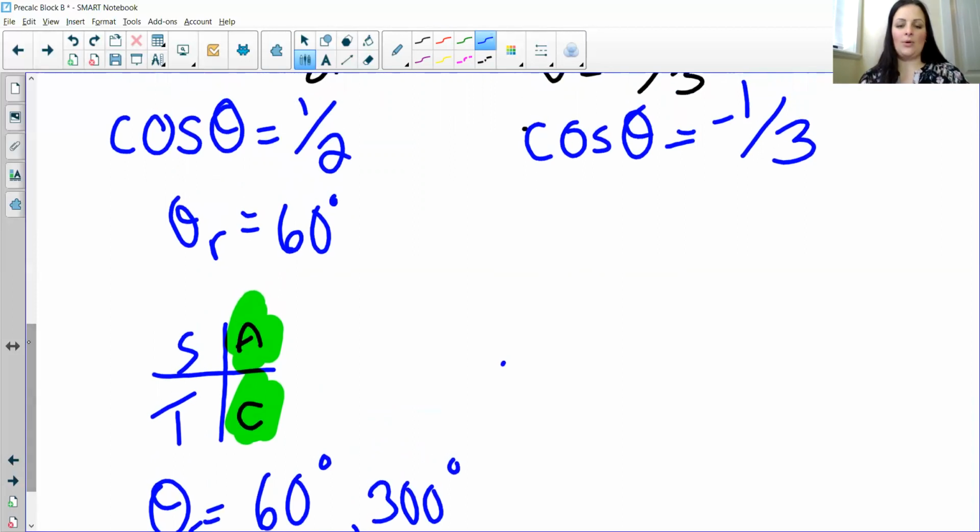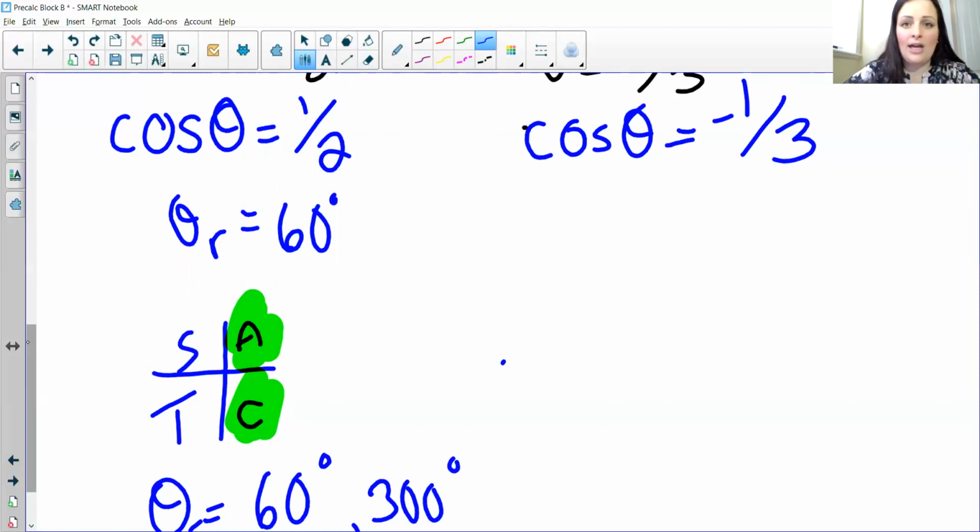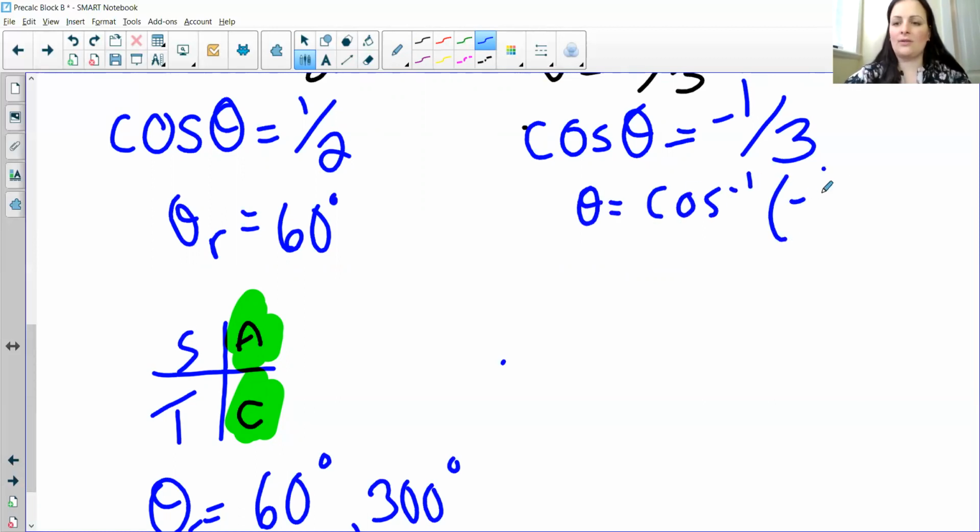And now we're going to do the other. Now, cos theta equaling negative 1/3 is not a special ratio. It's not one of the special triangles that you learned. So that's going to be a decimal. And this worksheet asked for answers to be rounded to 2 decimal places if they had them. So if you just plug in negative 1/3, you hit equals, and you hit second function cos, so you're using inverse cos, theta is going to equal the inverse cos of negative 1/3,